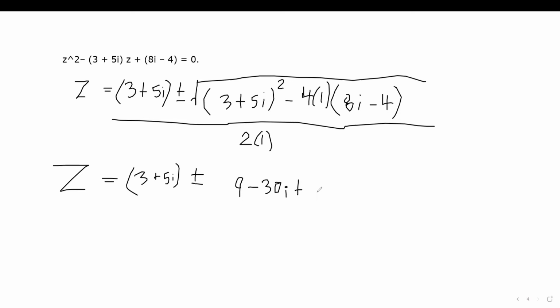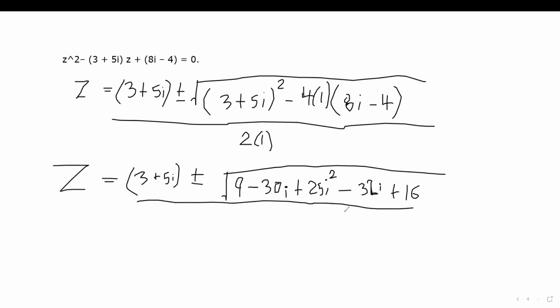And then minus 4 times 8i, that's 32i. Minus 4 times minus 4, that's plus 16. All of this is being square rooted. Don't forget the square root. And then all of this is being divided by 2. Now let me write it a little bit tidier. So z is going to be equal to 3 plus 5i, plus or minus,